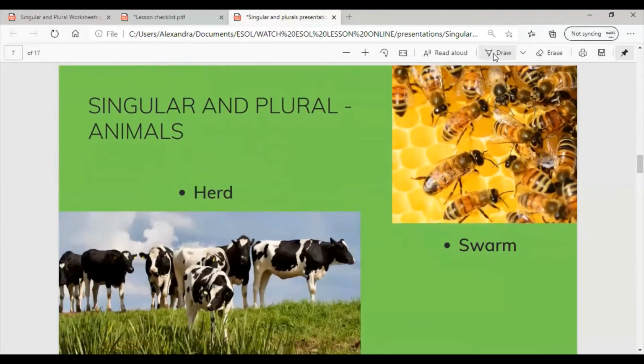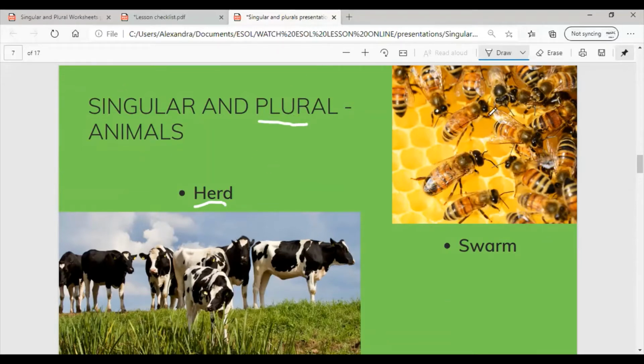Okay, and now with animals, sometimes you have words for a group of animals that tells you that it's a plural and it's a group, but it is particular to just that kind of animal. So a group of cows or cattle, they are a herd. You get that with horses and sheep, or zebras, or elephants, they're all herds, which is a word for group, but that is the plural form of, so you would say singular, a cow, plural, a